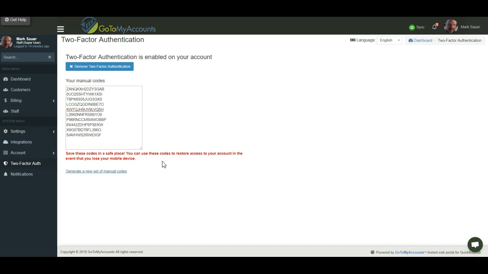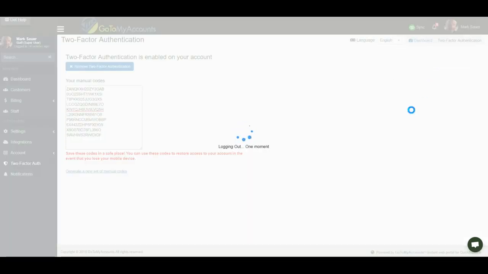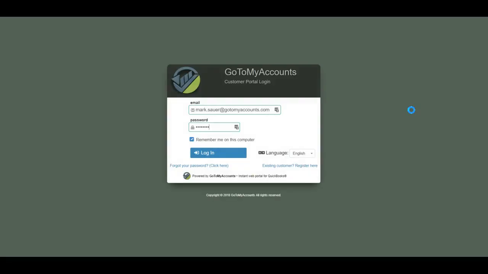Okay, so I've copied those, and if I use some of these codes and they go down to only 3 or 4, I can always click this and generate a new set of codes at any time. All right, so let's log out, and just to sort of prove that it works, I want you to see what the